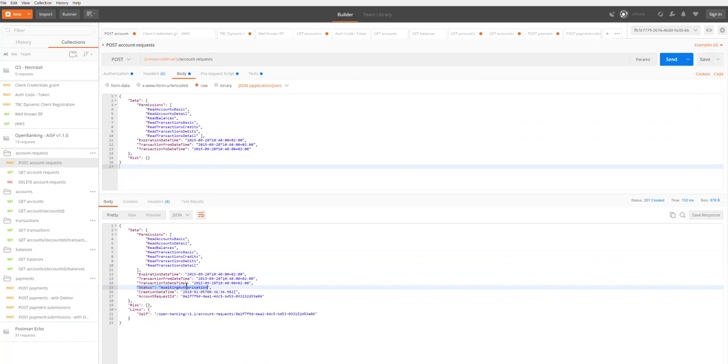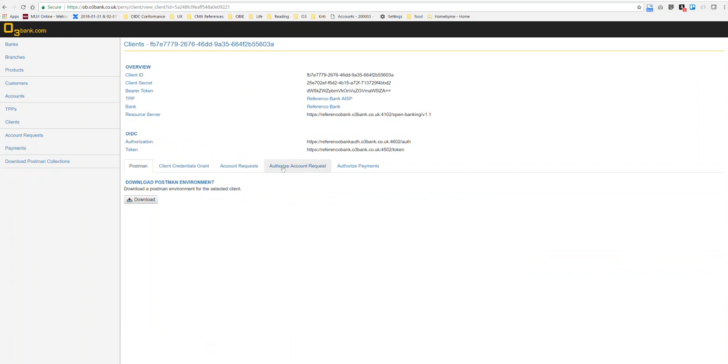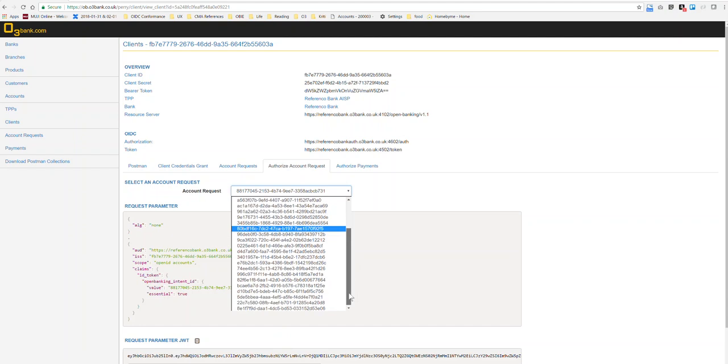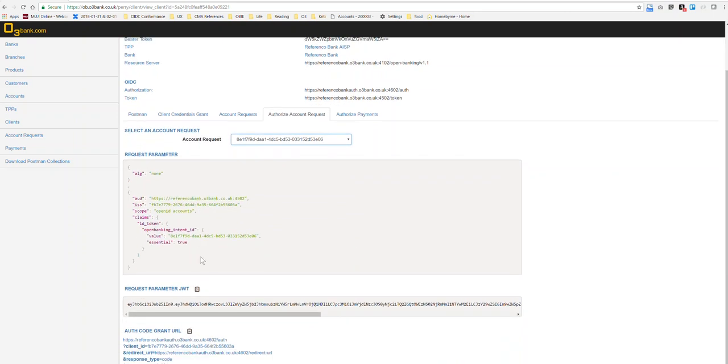So before we can call any of the remaining account and transaction APIs, we need to ensure that that account request has been authorized. Now, again, we've got the Ozone UI, which provides a set of training wheels, for want of a better term. Once you've picked the account request ID that we've just set up, it builds out the request parameter, the request parameter JWT, and the auth code URL that you need to visit. So let's click on that URL,